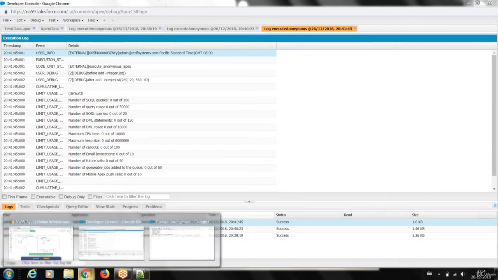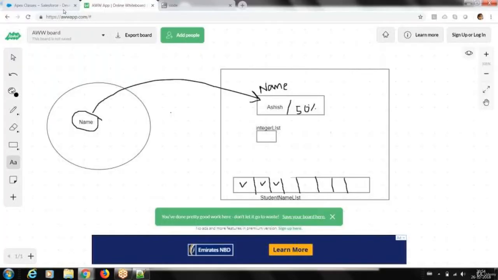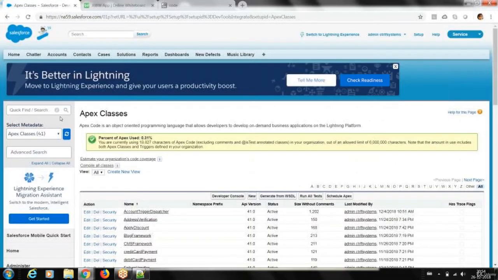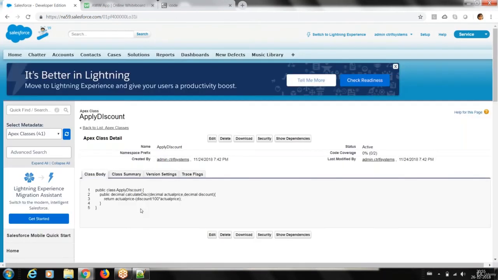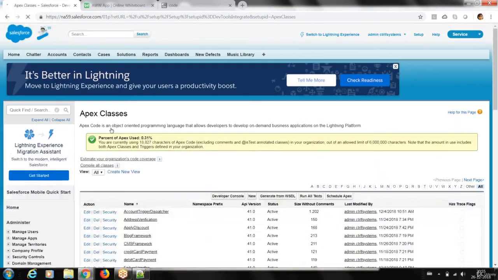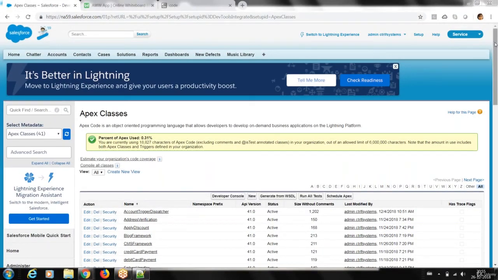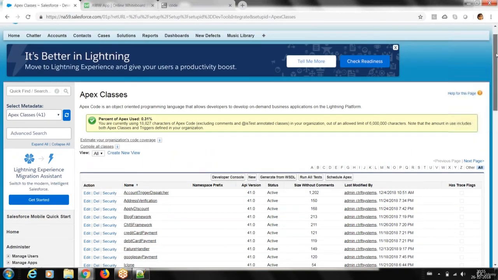This is my text box. I'll have very few classes here. Let me show you one class. If I open this apply discount dummy class, okay, let me go to a good class. Let me open a class where we will see there is no program where you will not see the collection used. If you see a program where there is no collection, then it's not the way we write a program.